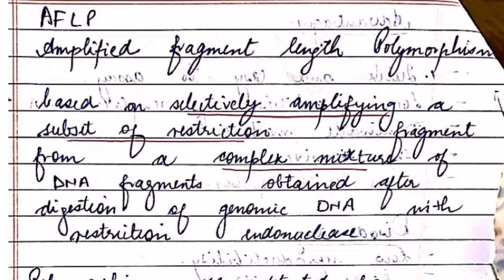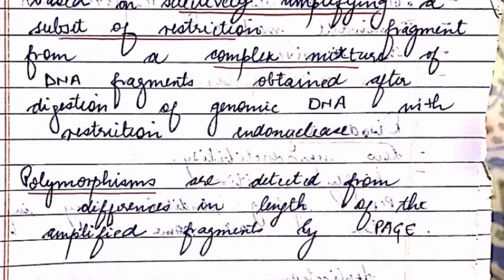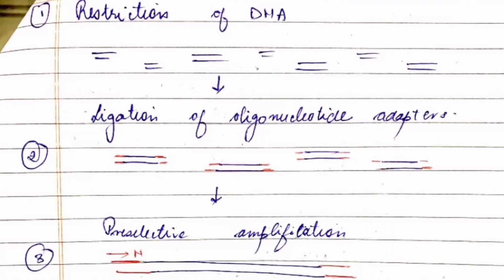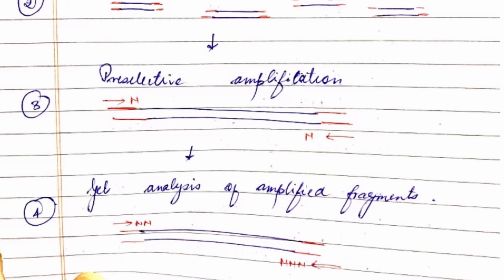The total genomic DNA is digested with a pair of restriction enzymes, and then adapters of known sequence are ligated to the DNA fragments. In the next slide, I've shown the diagram as well. With the red color pen, you can see the adapters of known sequence are ligated, and then primers complementary to the adapters are used to amplify. And then the PCR amplified fragments can be separated by gel electrophoresis.